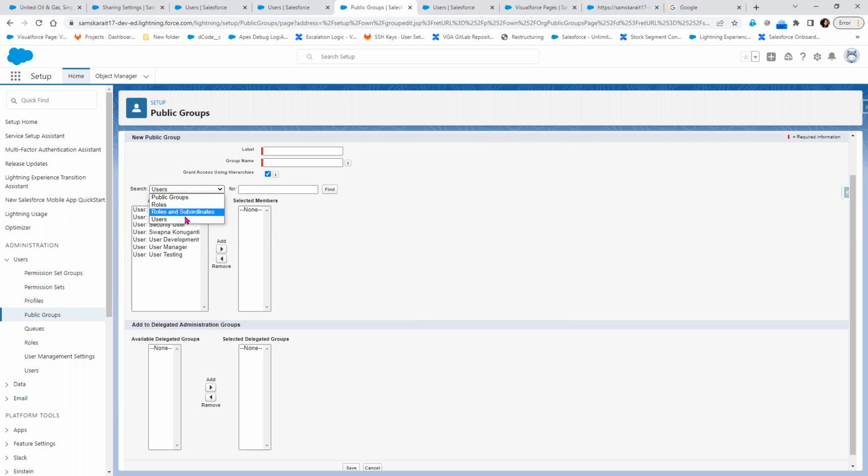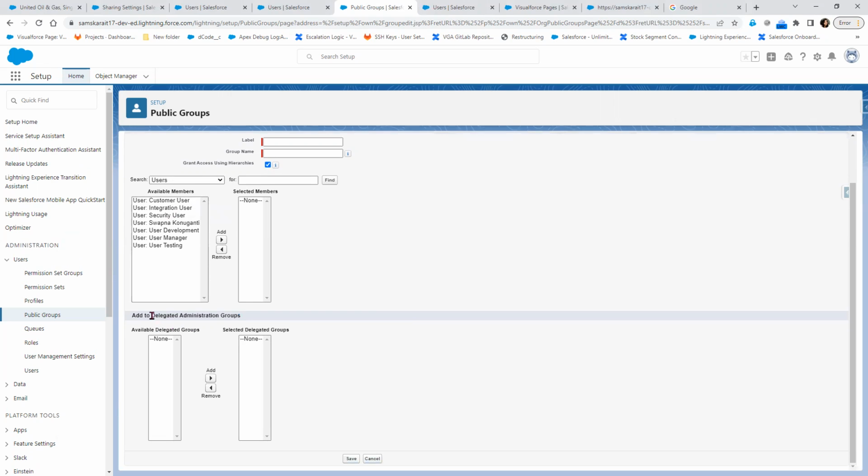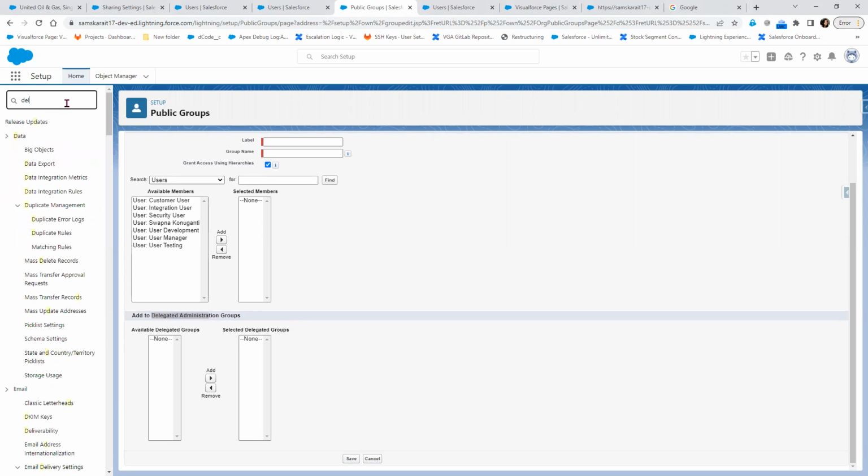Now, a partner user, I cannot share the record here. If I have partner users, I cannot share the records to them. Or if I have some guest users or other users which are not part of this, in that case, we will go with the delegated administration group. What is the delegated administration group? First of all, what is delegated administration? If you search here, delegated,